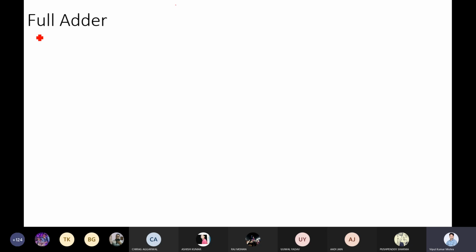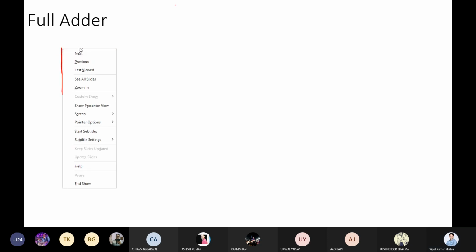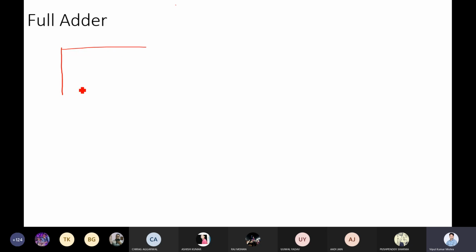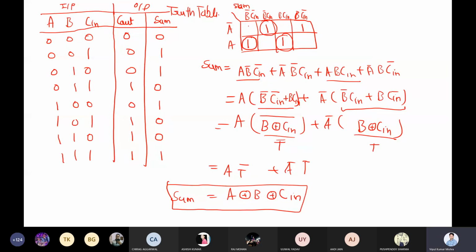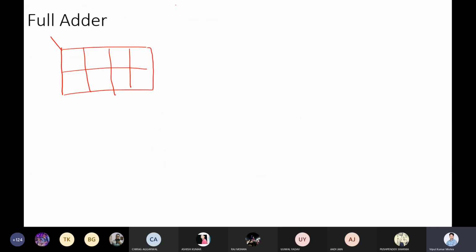Now let us calculate the equation for C out. So let me draw the K-map. 0 0 1 then 1 1. So 0 0 0 1 then 0 then 1 1.